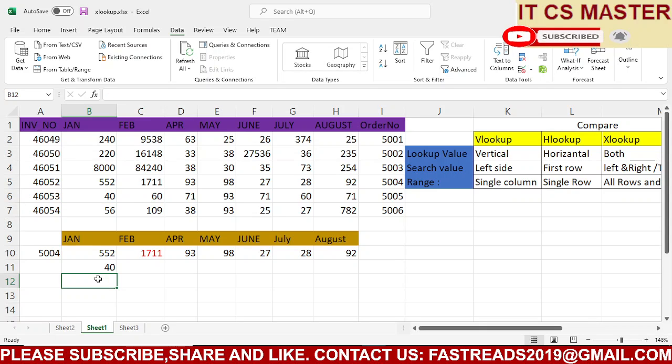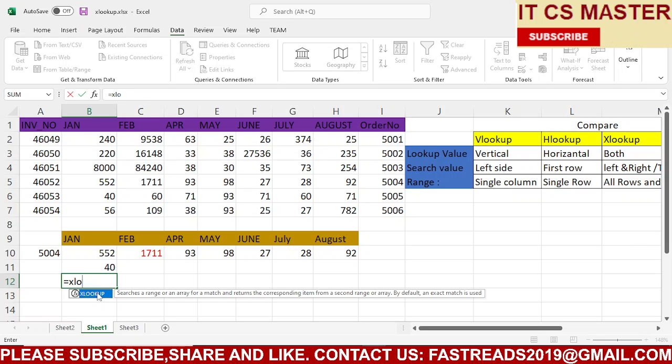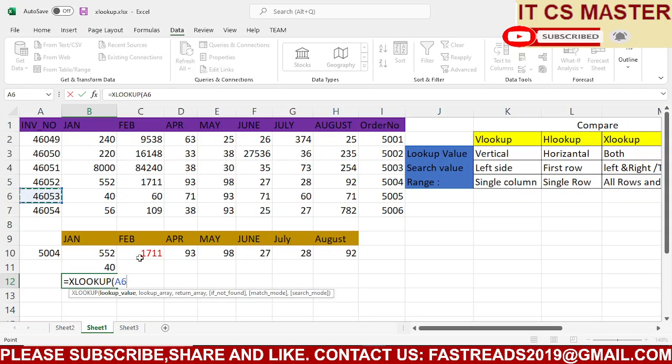Similarly, we can also find a single value with XLOOKUP, as with VLOOKUP. Let's see XLOOKUP. Suppose the lookup value is 46053, and the lookup array is this.